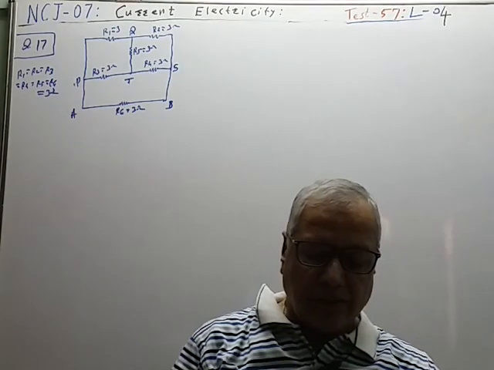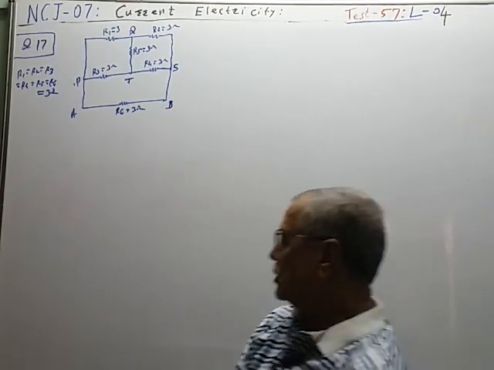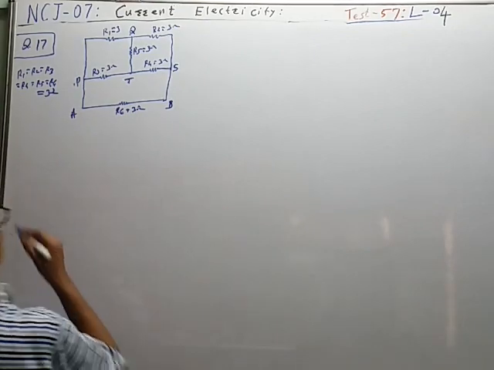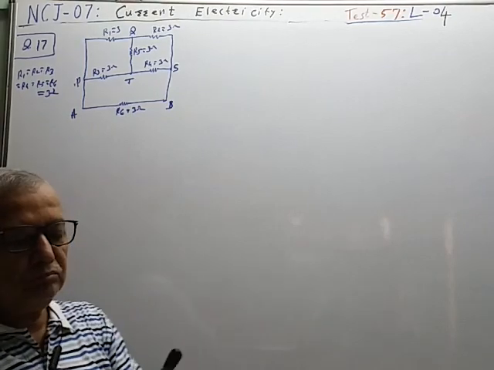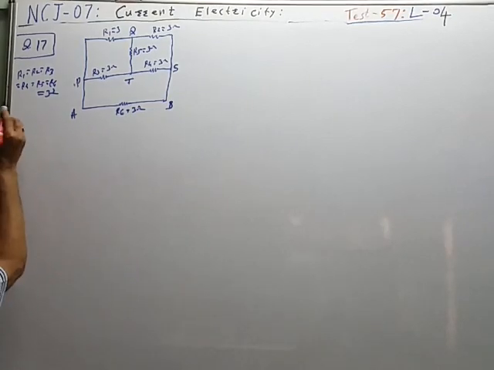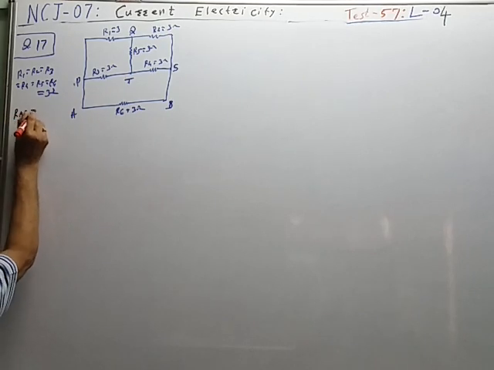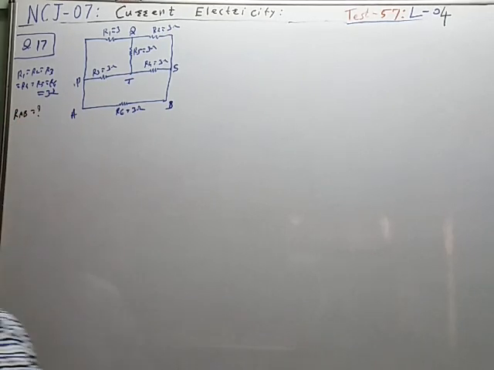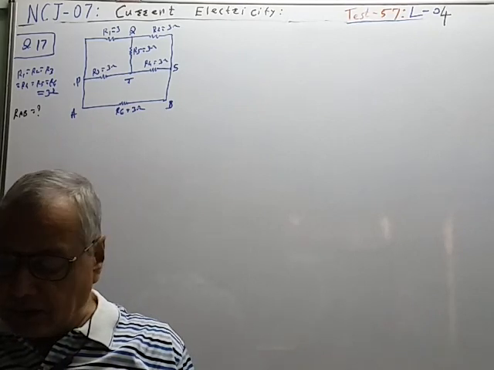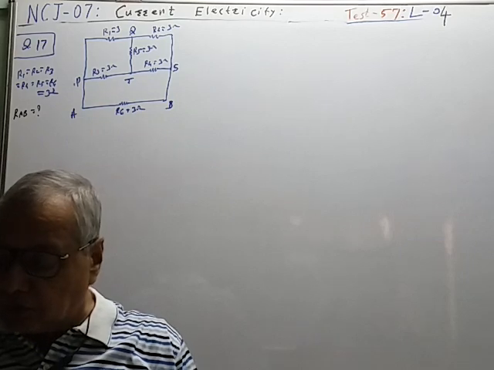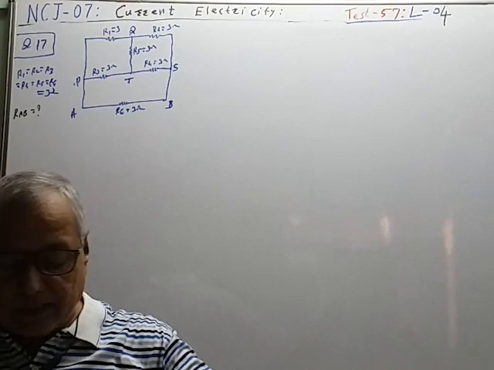So these are the resistances. And now you have to find resistance between point A and B. So RAB is equal to question mark. Now, in the figure, we have to add one more point that is not given in our paper. So, between point A and B, a cell of 3 volt is connected.